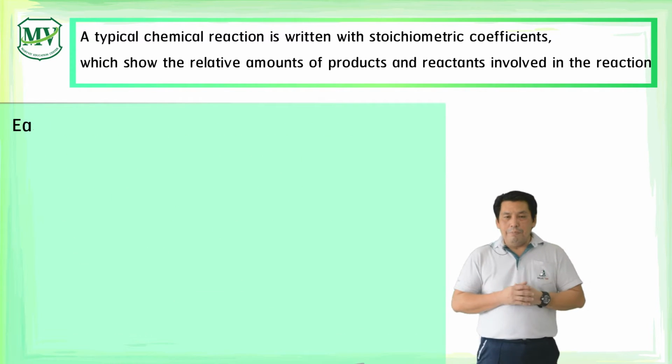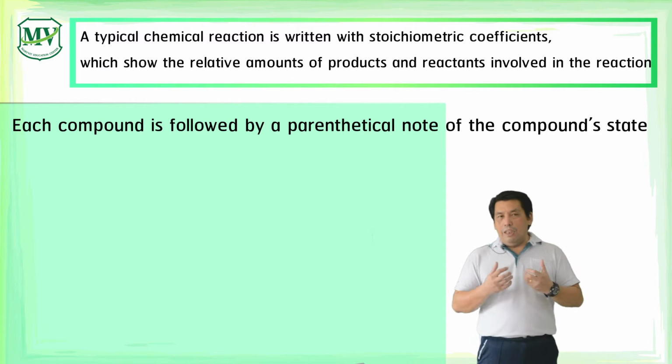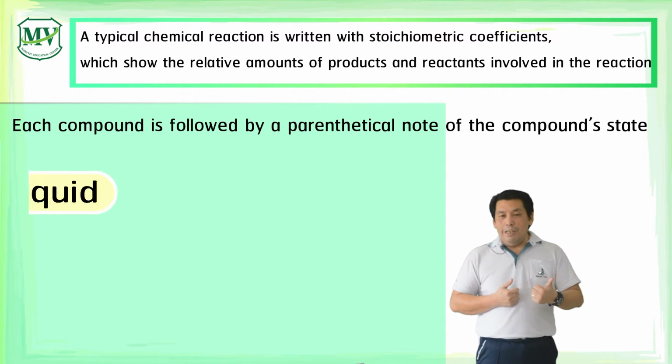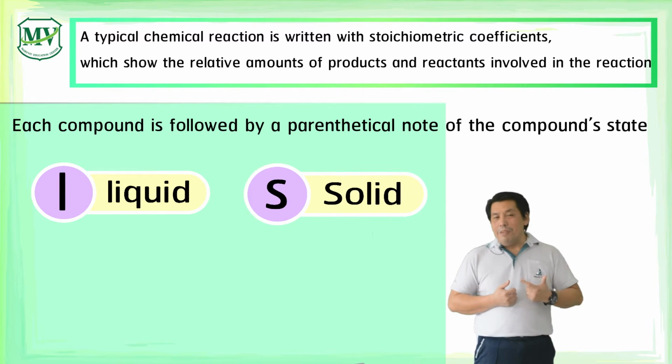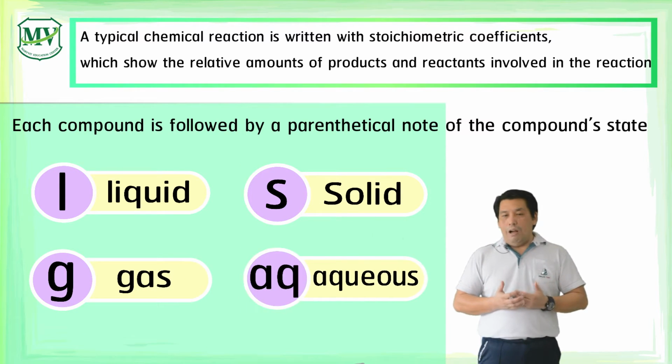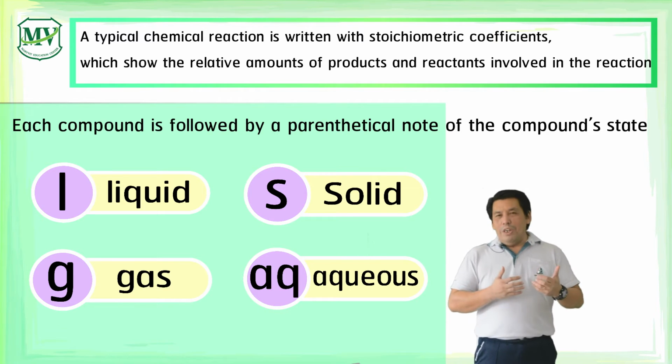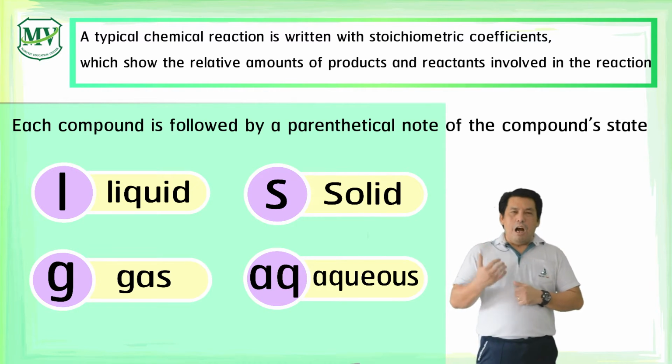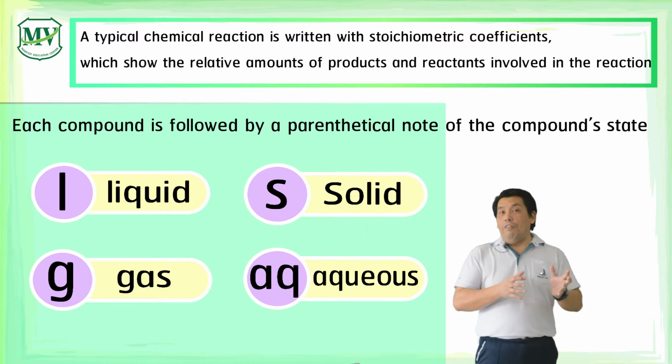the equation. Now, each compound is followed by a parenthetical note of the compound state, such as L for liquid, S for solid, G for gas. The symbol AQ is also commonly used in order to represent an aqueous solution in which compounds are dissolved in